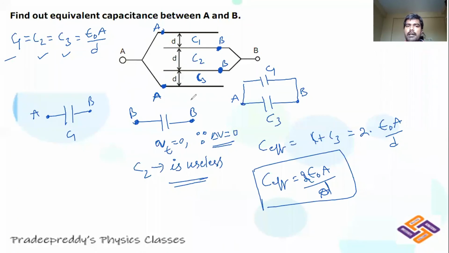And after that, mark the potentials of each capacitor. So the first capacitor is connected to A and B. The second capacitor may also be connected like that to some potentials. Mark those potentials, join those potentials. You can identify which are connected in series and which are connected in parallel, so that finally you can find out the effective capacitance between the plates.